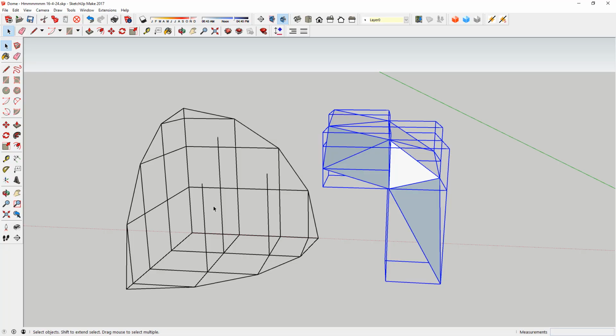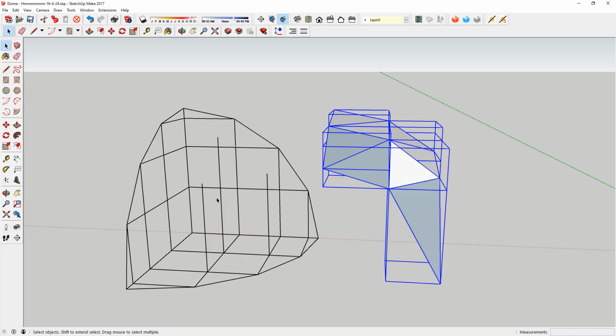This one has the same result as the previous version of the standard dome, and these give you precise points at which to draw your circle. It's how you derive these points that is important.